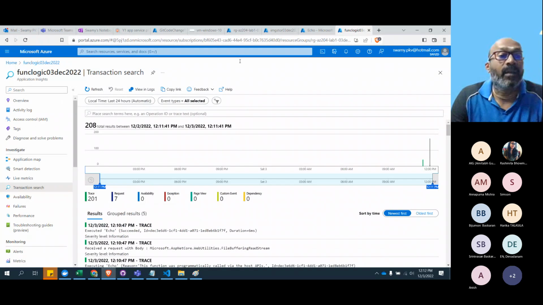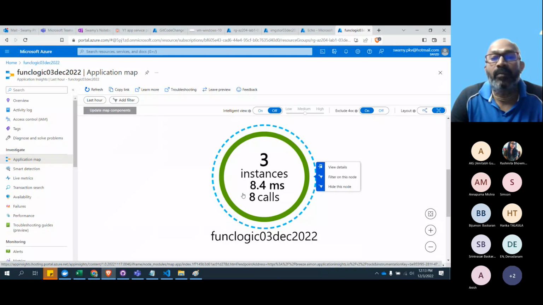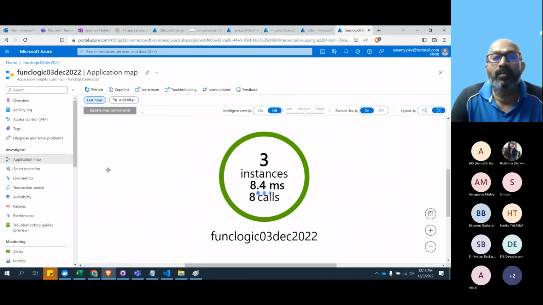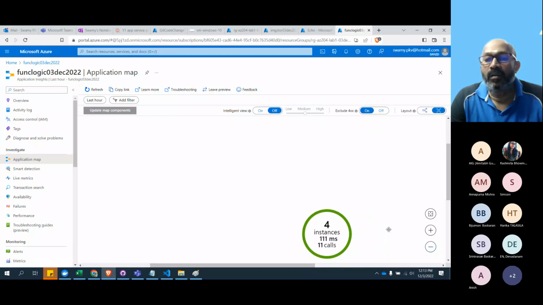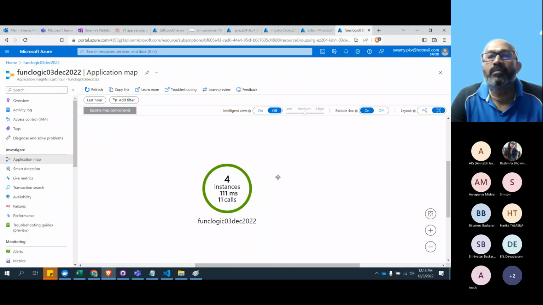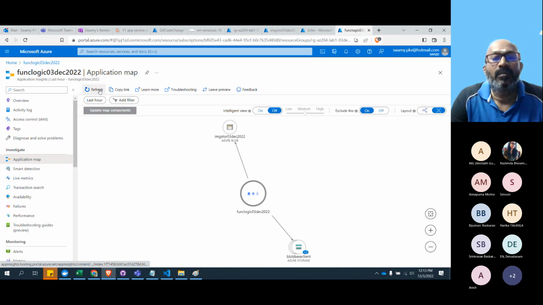That was the reason I'm just behind it to update the components. Why is there nothing available? It should show the integration. Oh God. 4 instances. There you go.